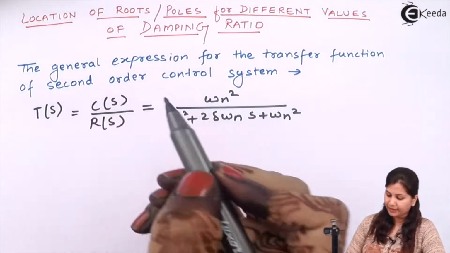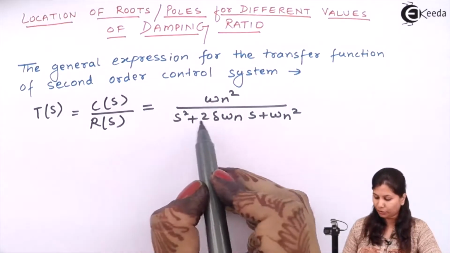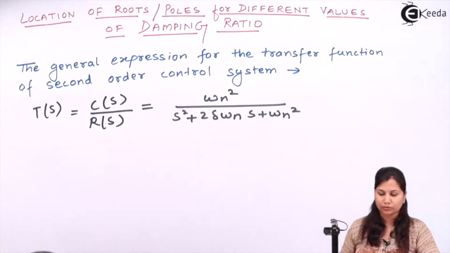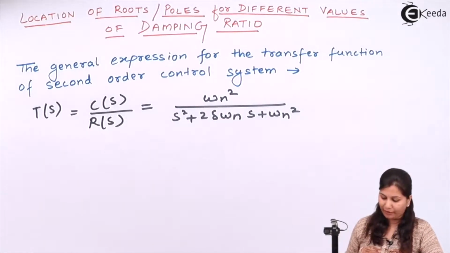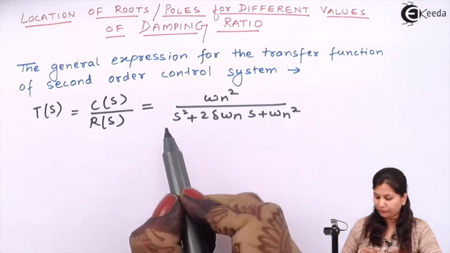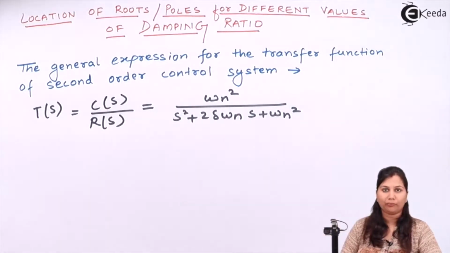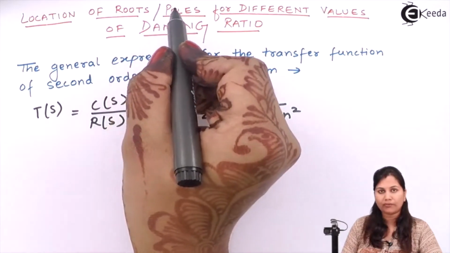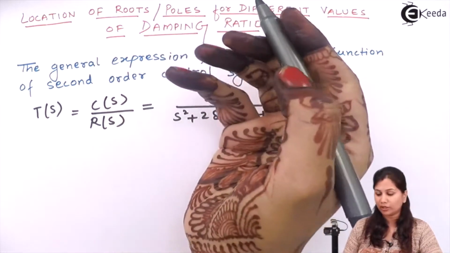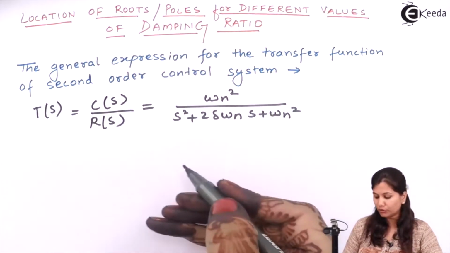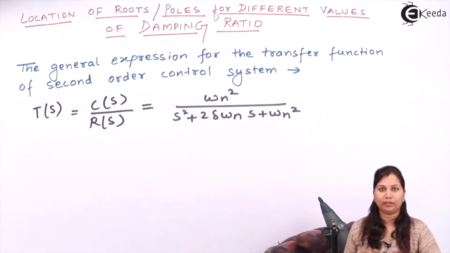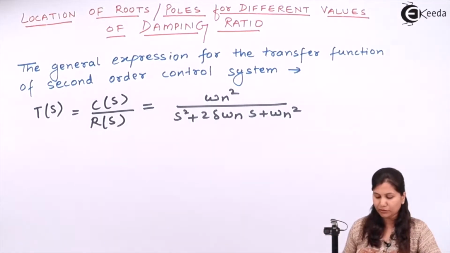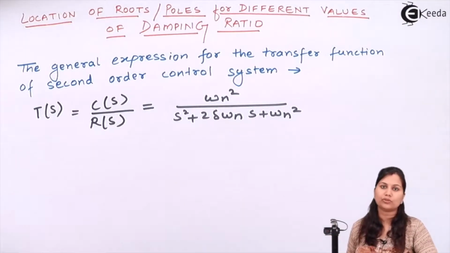You can see that the highest power of s in the denominator is 2. So that is why it is known as a second order control system. Now let's find out the factors of this denominator polynomial, because we have to find out the location of roots, or we can say poles, and poles are what? They are also the roots of the denominator polynomial. So let us factorize this denominator polynomial so that we will be able to find out the roots or the